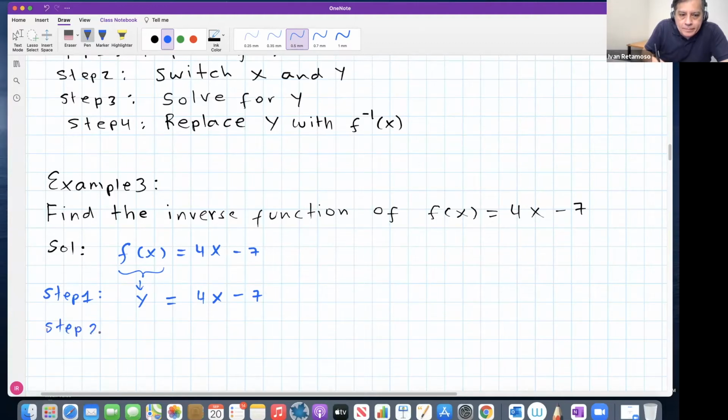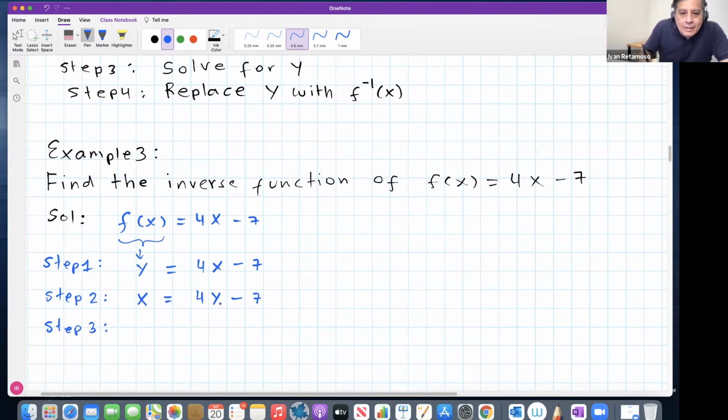Step 2 says switch x and y. Switch x and y means when you see y, you're going to write x instead. Where you see x, you're going to write y. Right? Easy step 2. Step 3, the longest step, is where you're going to do some algebraic work. It says solve for y. Solve for y meaning isolate y, right? I'm going to write it within parentheses here. Isolate y. Get y by itself, right? So in order to do that,